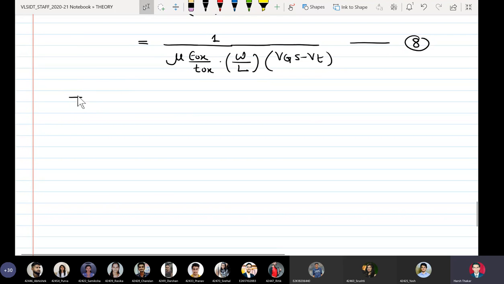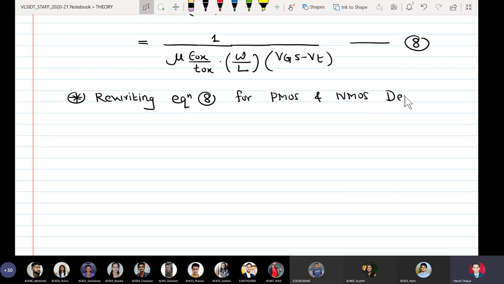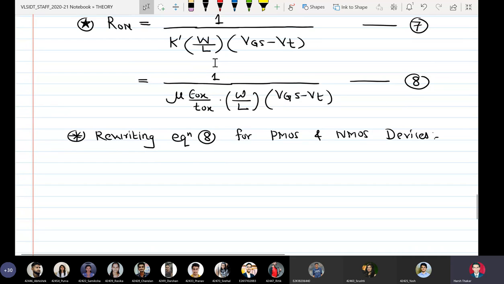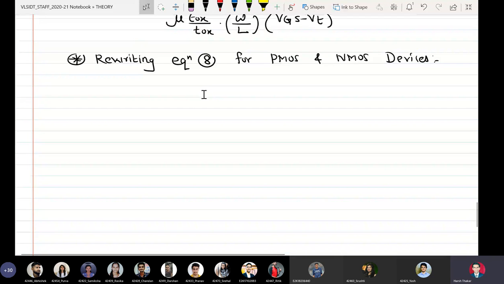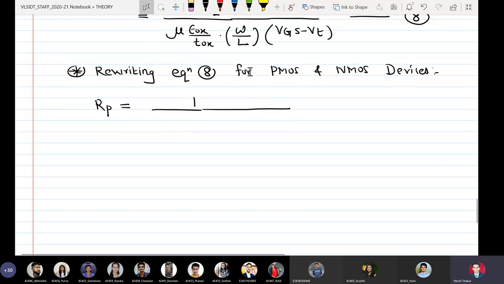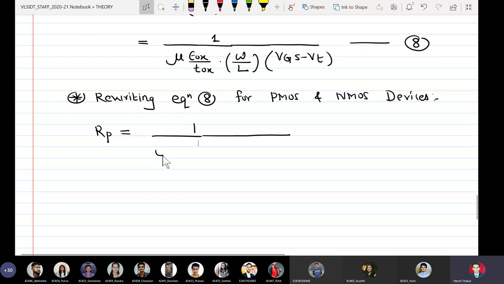So I will say, rewriting equation number 8 for PMOS and NMOS devices, we can say RP is equal to 1 upon mobility of holes mu p. Now epsilon ox,